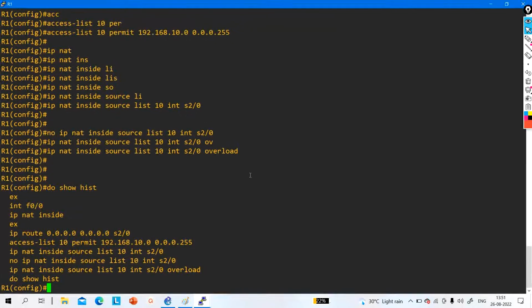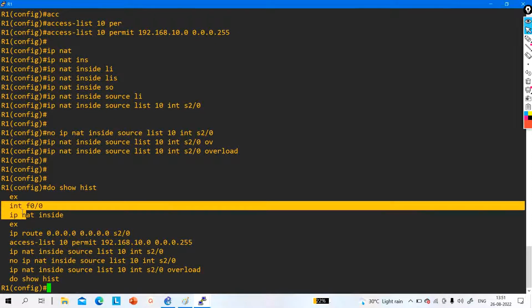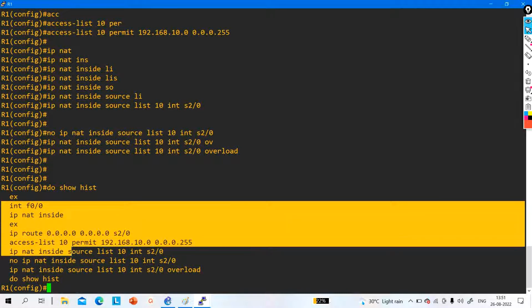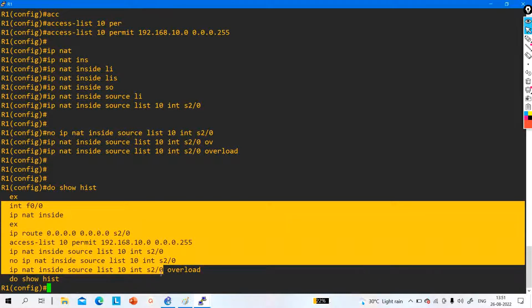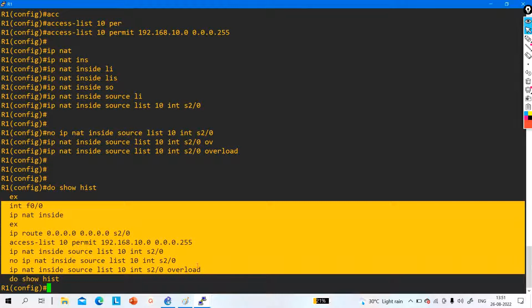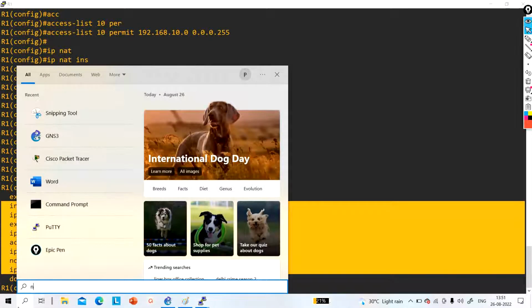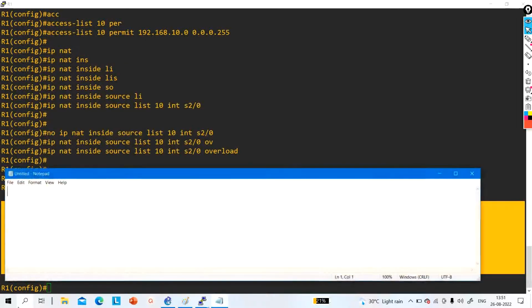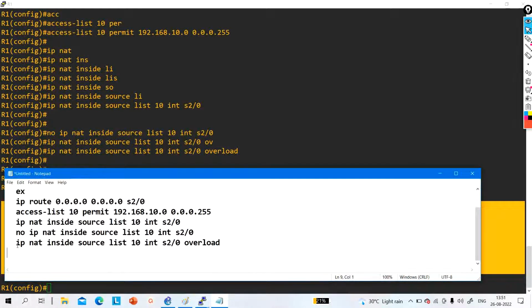Let me run the same command on router 2 also and router 3 also. Right. Let me paste it in notepad. Let me correct some information here, guys. First of all,